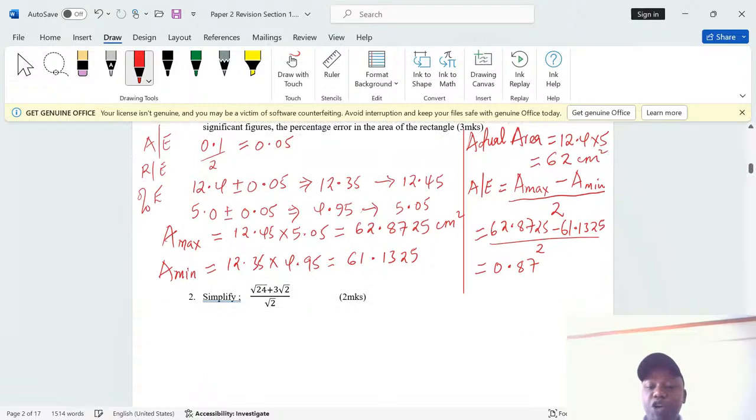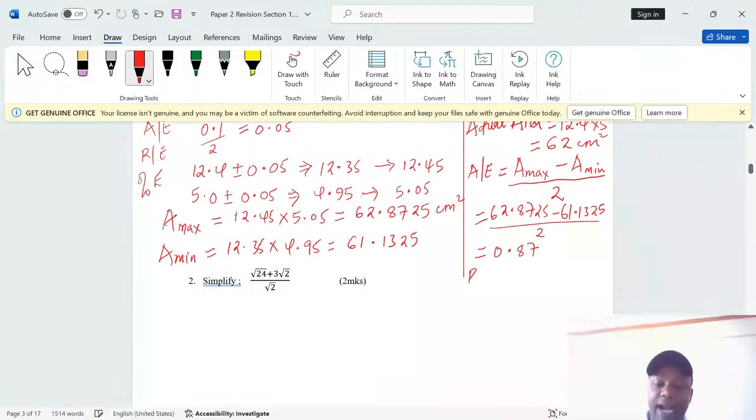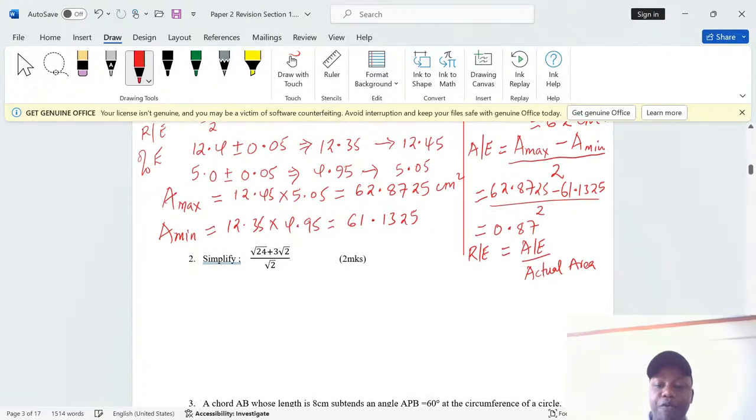0.87. So 0.87 is the absolute error. There is what we call the relative error in the calculation of area. Relative error is given by absolute error out of actual area. Therefore, we're going to take 0.87 divided by 62. We can first of all compute this, and we are going to have